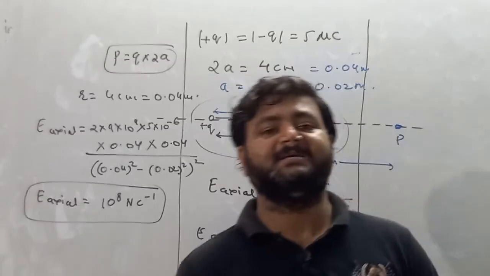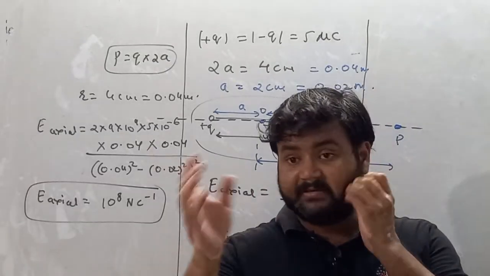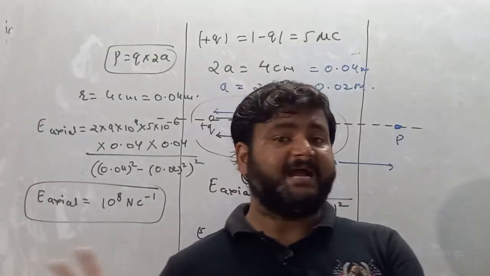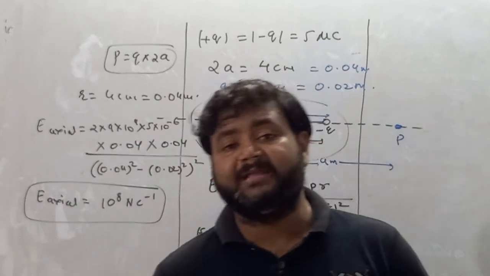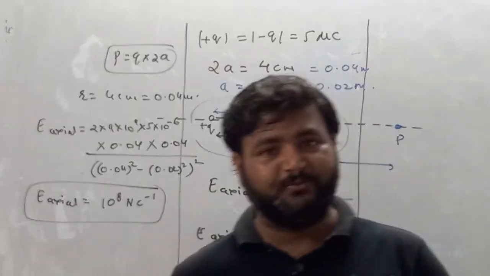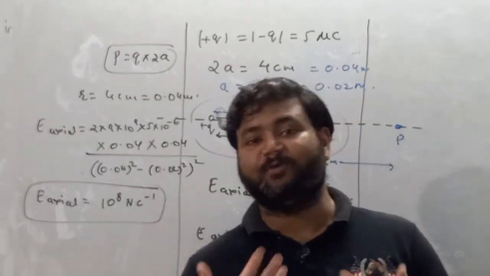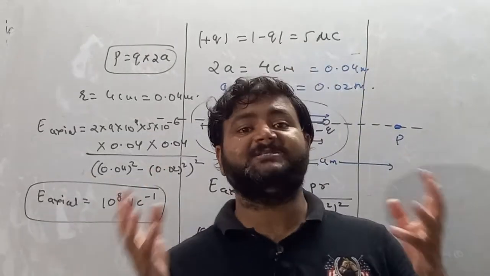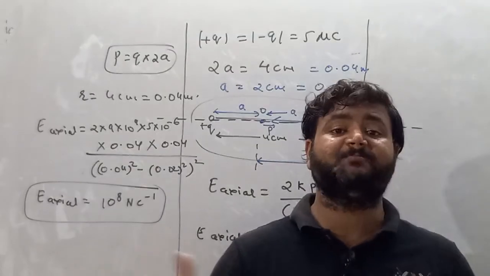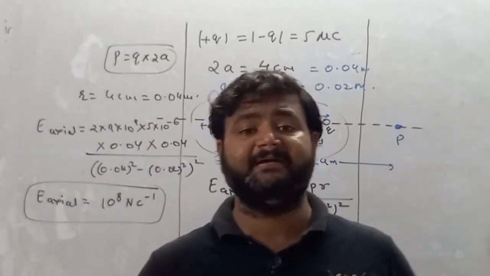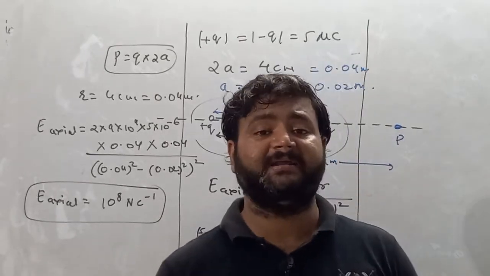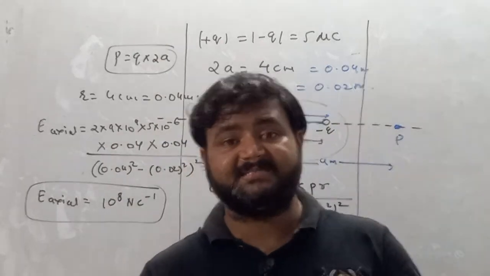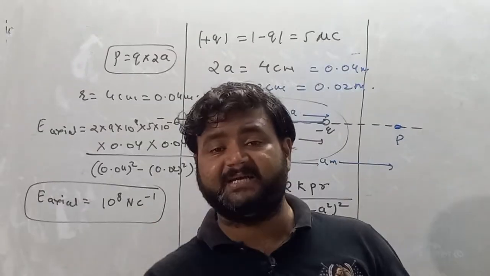In next class, we will start finding, see, kq by r square is basically electric field due to point charge at any point P. And I already told you that, my dear student, charges are of two types. One is point charge and other is continuous charge. And we know the meaning of continuous charge, the charge which is present on any continuous body like rod, wire, ring, disc, solid sphere, hollow sphere, these are continuous bodies. So if charge is put on this body, the charge is distributed all over its physical parameter.